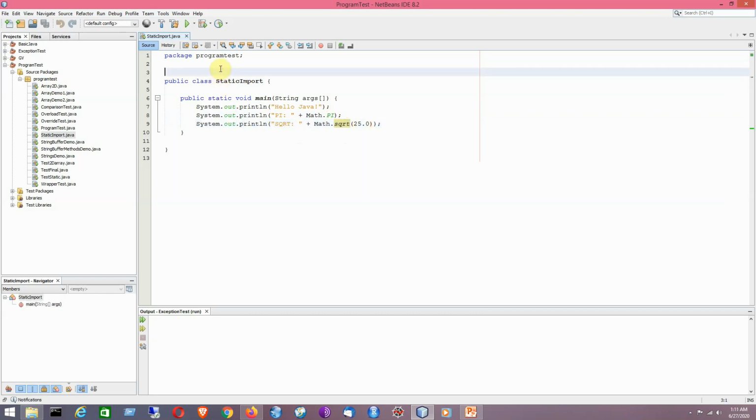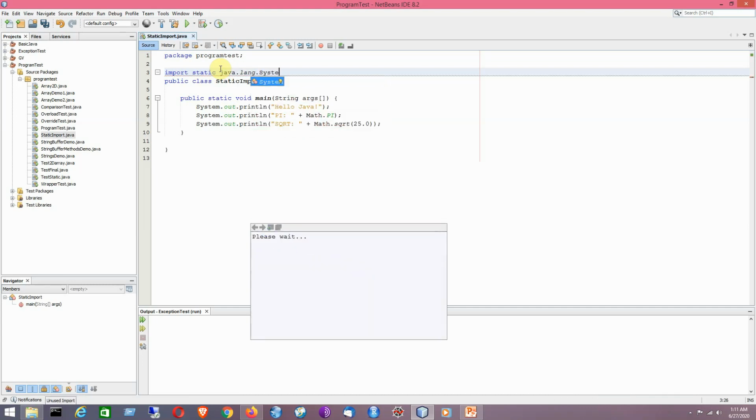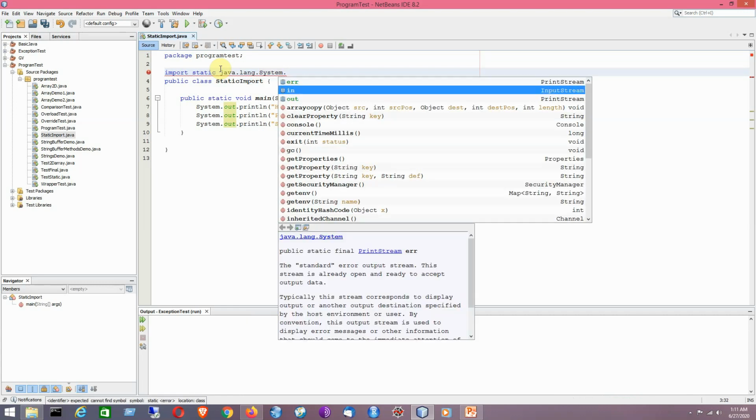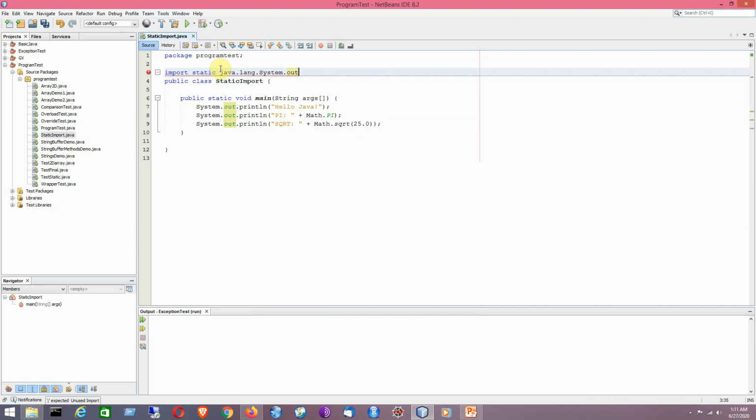So that is the objective of using the static import concept, and that can be achieved by using the import static statement in a Java program. So import static java.lang.System.out; semicolon.